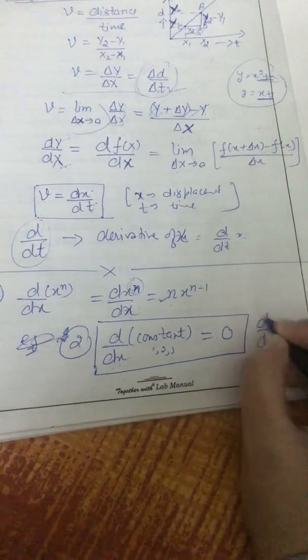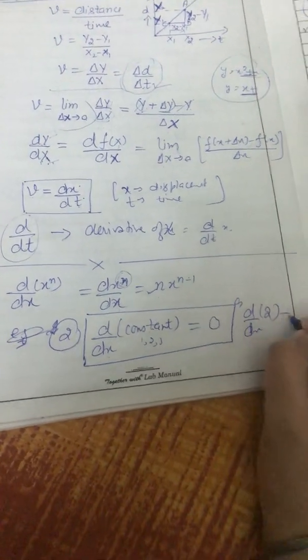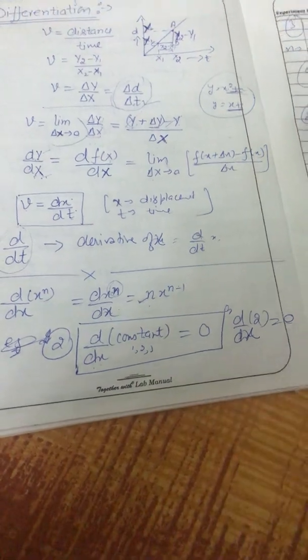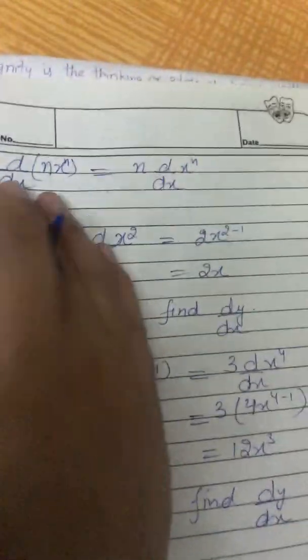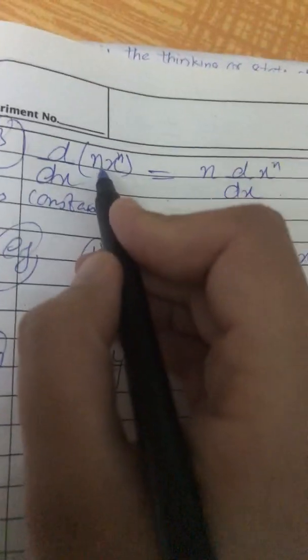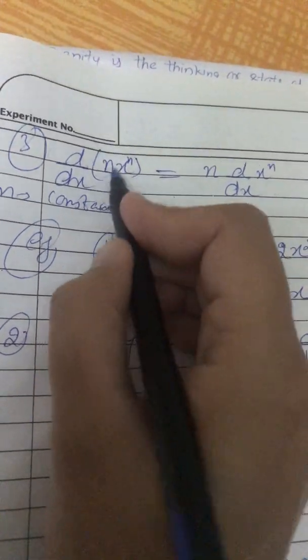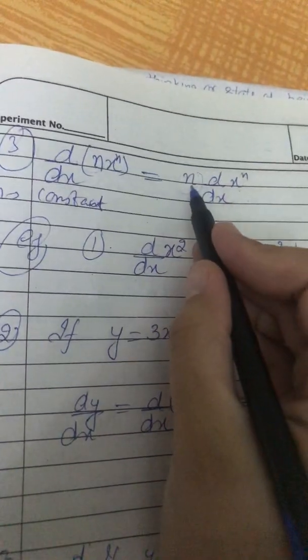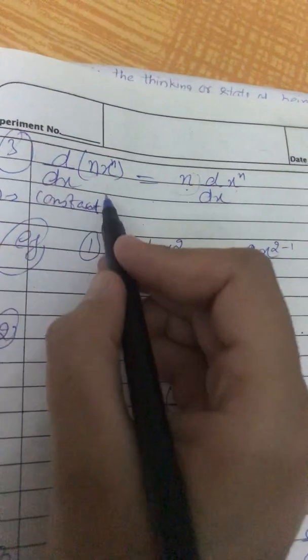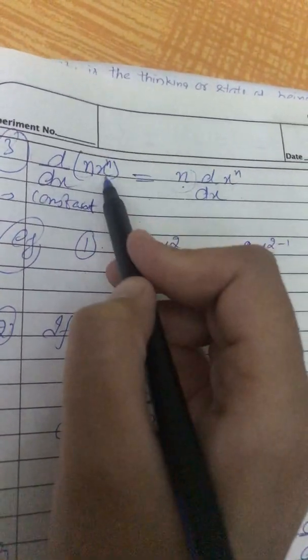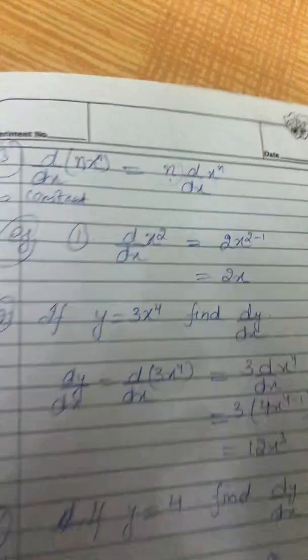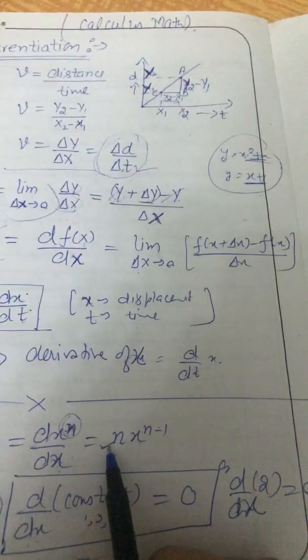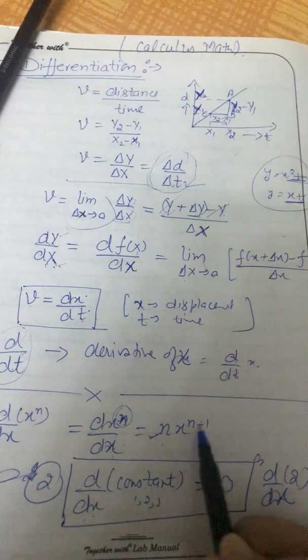Okay, if we have a derivative of a constant, remember this thing: the derivative of a constant is always 0. For example, if I take d/dx of 2, which is a constant value, its derivative will be 0. And for a variable one, if we have a constant value here and a function of x here, this constant value will be taken without derivative, and the derivative will be taken only of the quantity x. For x we have already discussed: first of all, we will write the power, and then x raised to power reduced by 1.